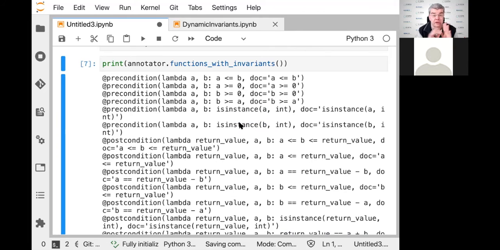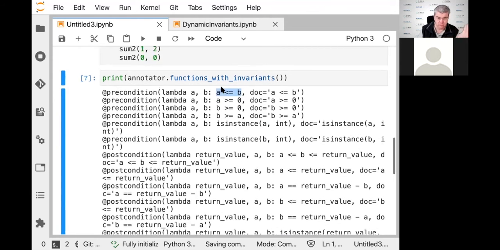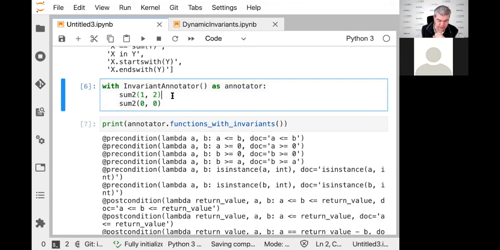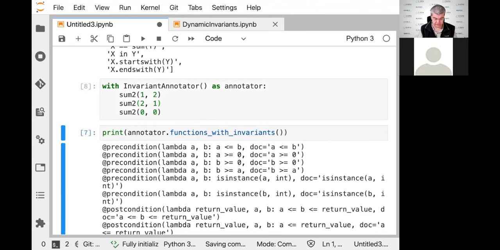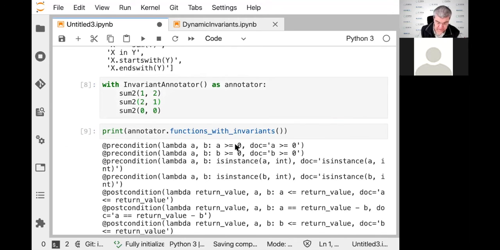Okay, so the trouble with dynamic invariants is that we are limited to the incompleteness of dynamic analysis. That is, we can only look at what we have. And therefore, we do have quite a number of false over approximations in here because the fact that A is less or equal than B need not be the case for some two. There's no need to do. It just so happens that we had that in our very set of runs. So of course, as soon as I add another call where this is no longer the case, then this precondition